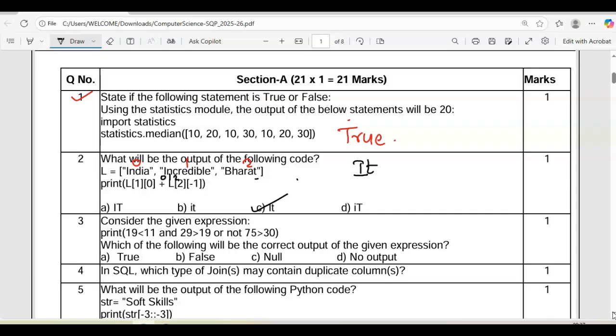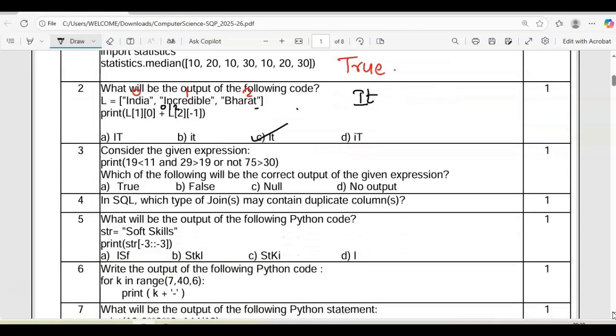Consider the given expression. One expression is given, and you can see in that the logical operators are used. So you should be clear with the sequence of execution, that is not, and, or, right? So first you will go for not, which is 75 is greater than 30. That is true, and because of not, this will become false.